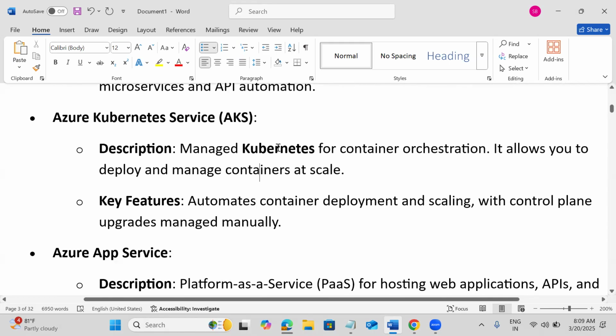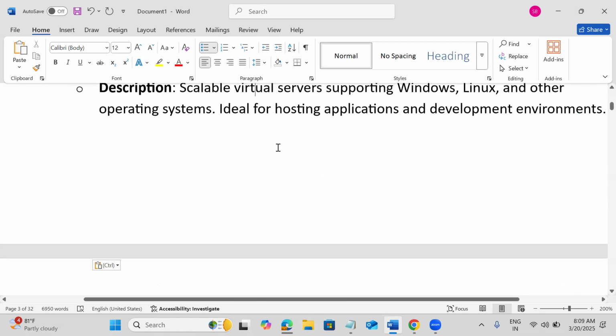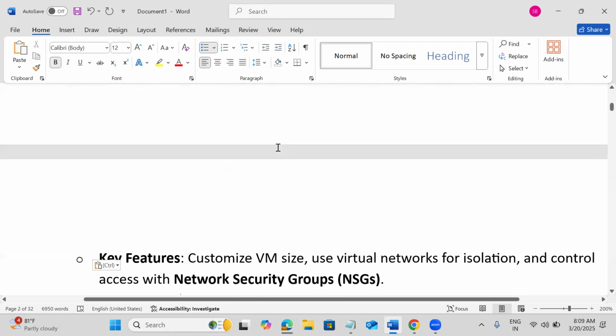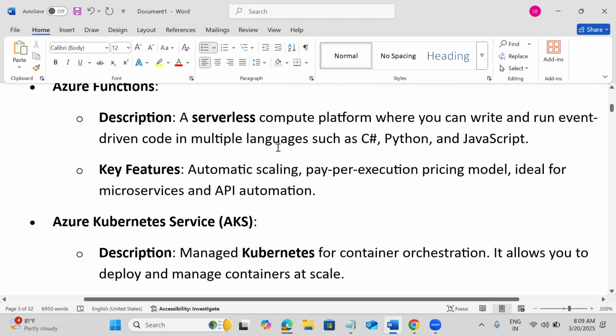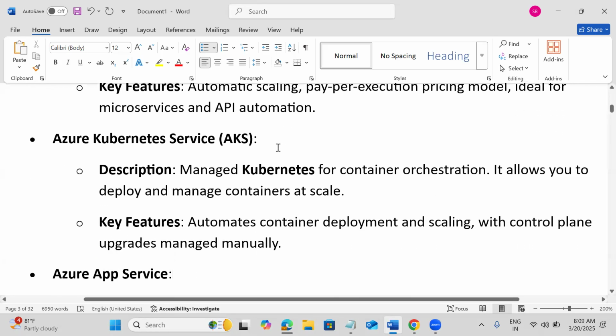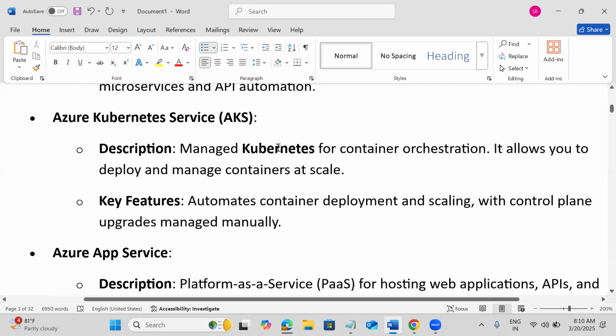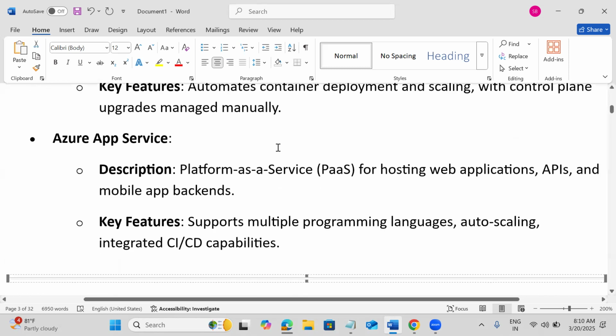What I'm trying to tell is, in the future we don't have only servers themselves getting popular. Serverless services like Azure Functions are also getting popular, and even for microservices, Kubernetes services are also getting popular. Then another PaaS-based service from Microsoft is Azure App Service. Automatically we can also deploy our applications. So we have Azure App Services also.